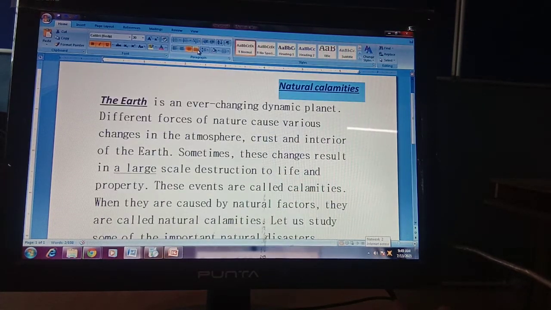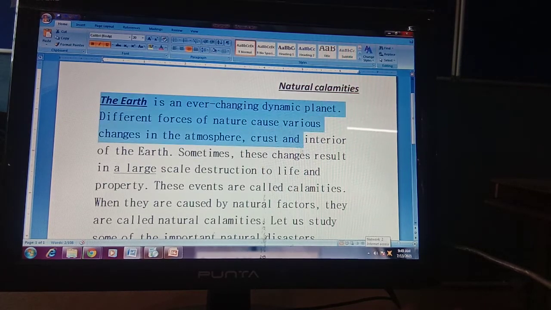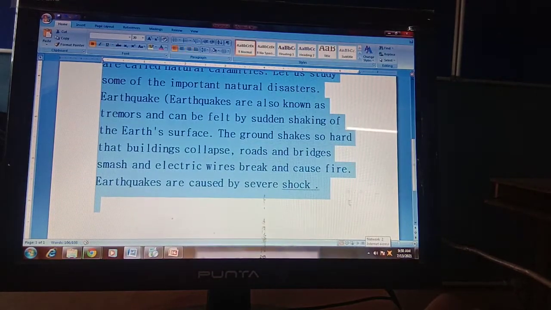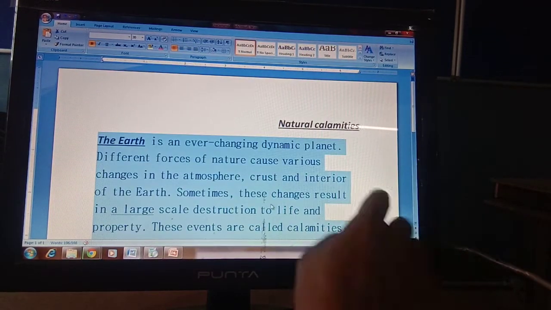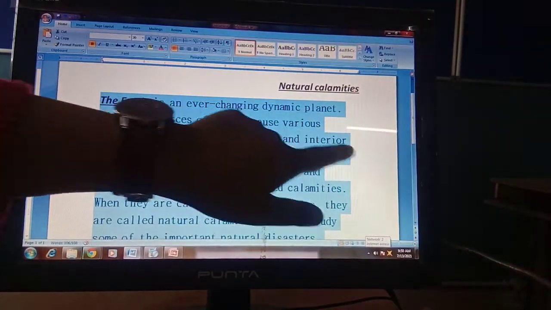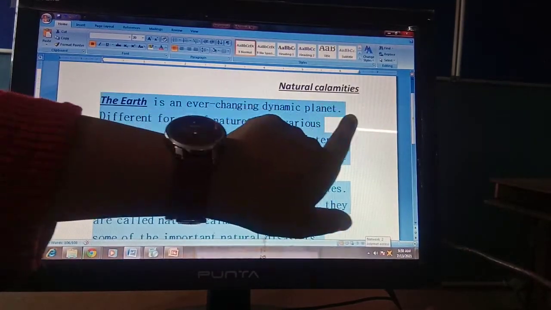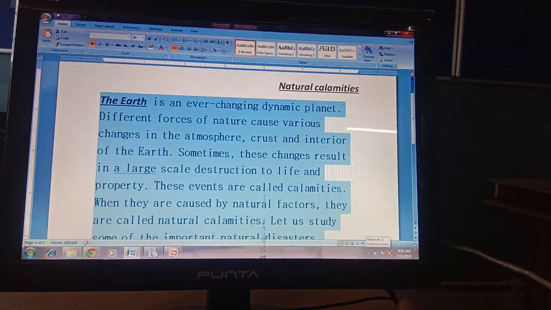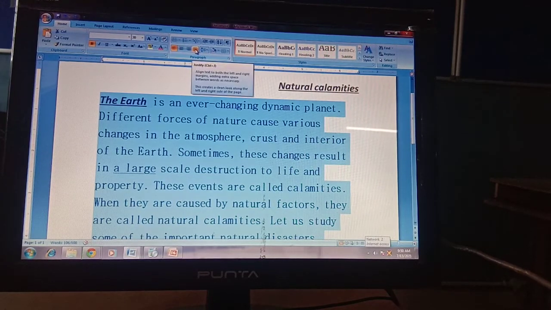And this is your justified alignment. Justified alignment is basically for the paragraph. You don't want this type of thing in your paragraph, like these type of flows, where one line finishes here and another line finishes here. This type of adjustment is done by the justify option.